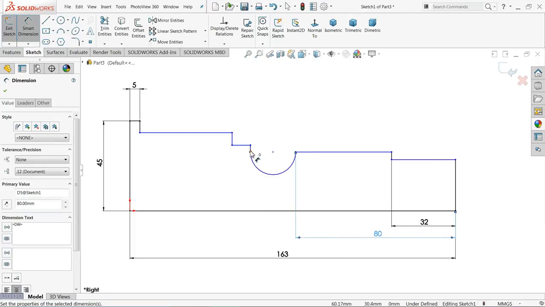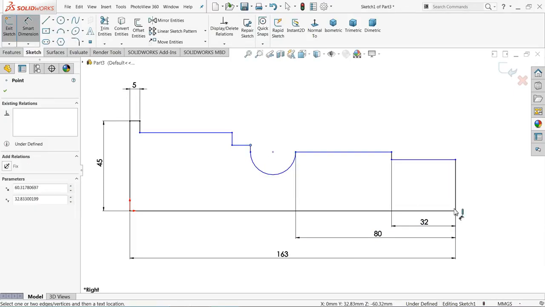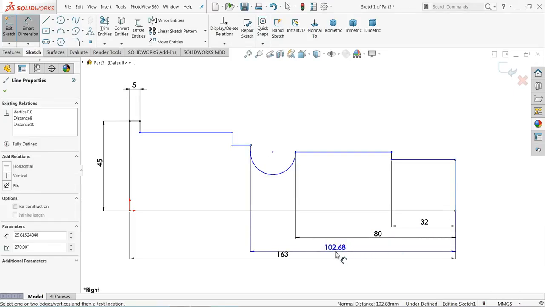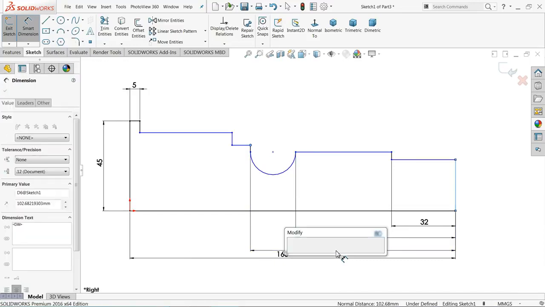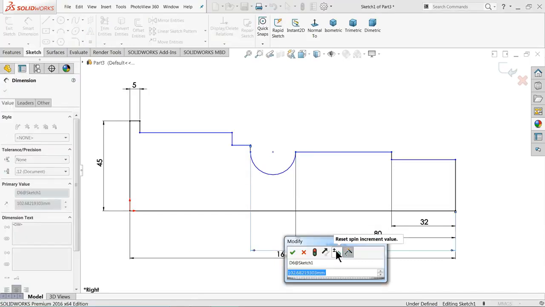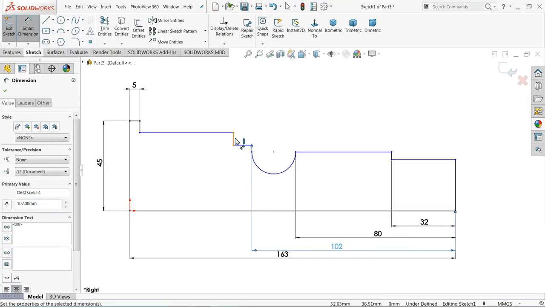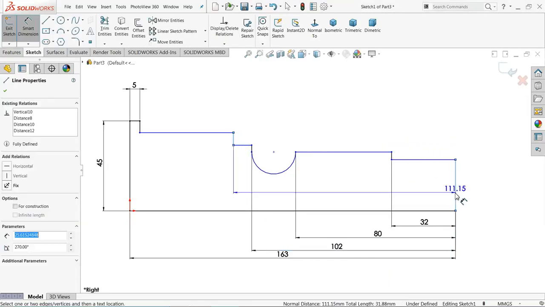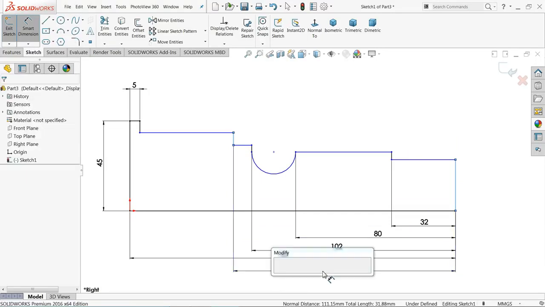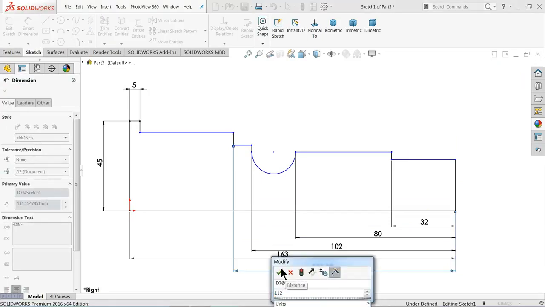Okay, now it's time for this one, and this one we will make 102 millimeter, and the last one 112 millimeter.